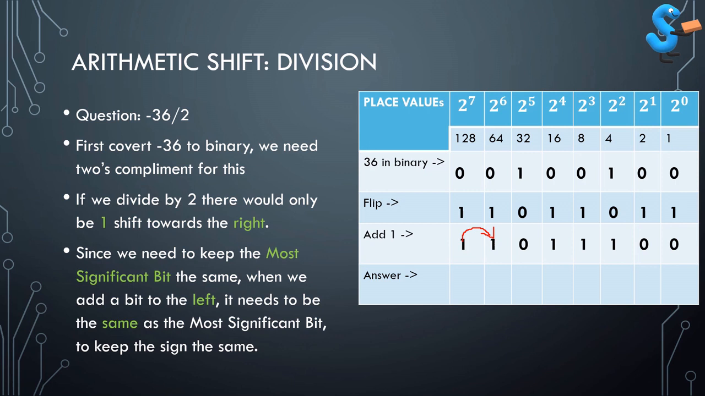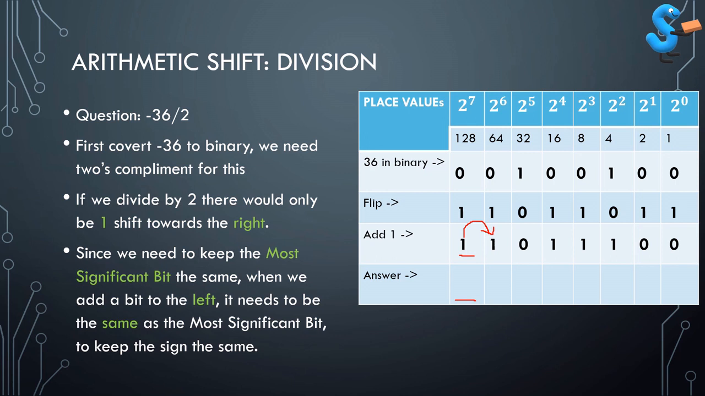Since we need to keep the most significant bit the same, when we add a bit to the left, it needs to be the same as the most significant bit to keep the sign the same. So what this actually means is that when we shift this number over here, this blank space is replaced by the same bit. And this is because we need to keep the sign the same in arithmetic shift, because we're dealing with signed numbers here,